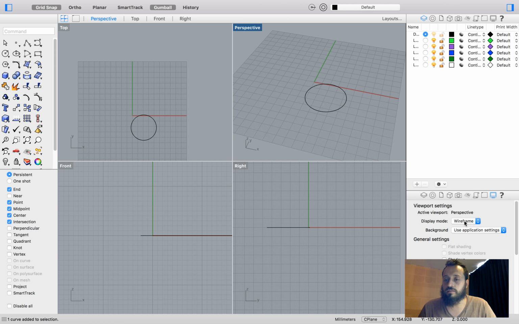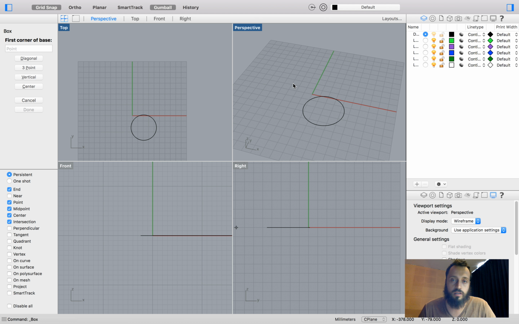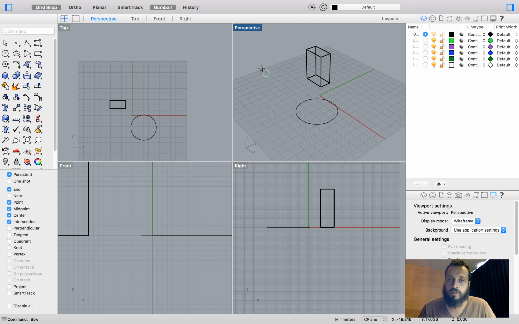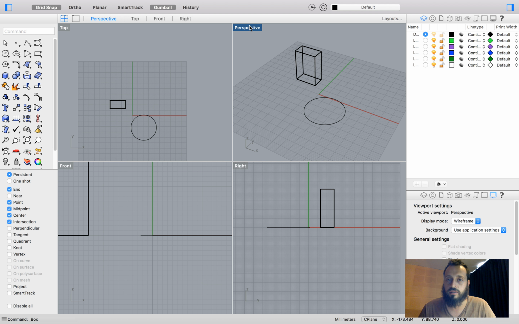In this case we're using wireframe in all the views, but I always recommend using a ghosted view in the perspective view,